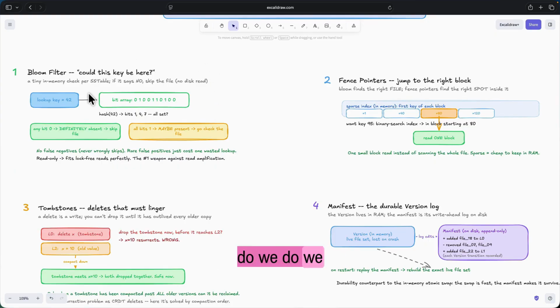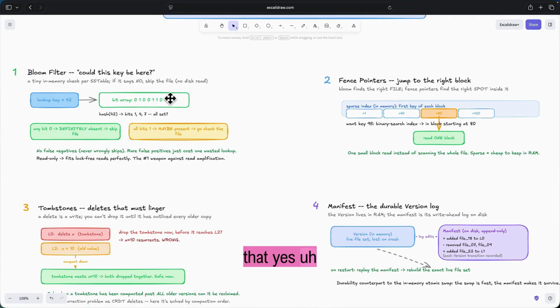So what do we do? We take a key, use several hash functions, and hash it. Then we get some results out of those hash functions. If there are three hash functions, we get 1, 4, and 7, and we set the 1st, 4th, and 7th bit. And this tells us that these are present in these SS tables. But some other key, for example, if we set some bits using key 1 and key 2, which set these 4 bits, and key 3 gives us this and this bit,